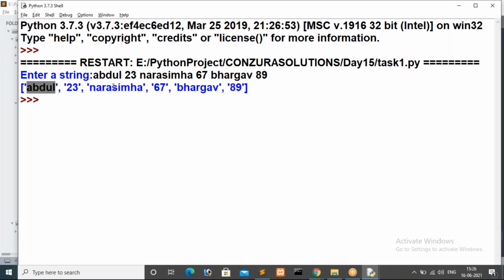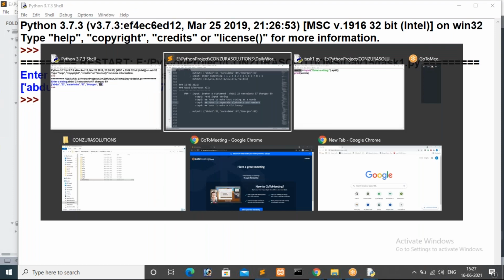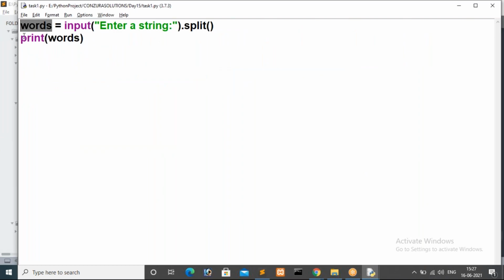Abdul, Narsimha, Bhargav: I want to store these 3, so for that we have to go with the list concept. I want to create one list dynamically for Abdul, Narsimha, Bhargav. Then for storing 23, 67, 89, I have to create another list. So for completing this assignment, I'm going to comment this one, guys.